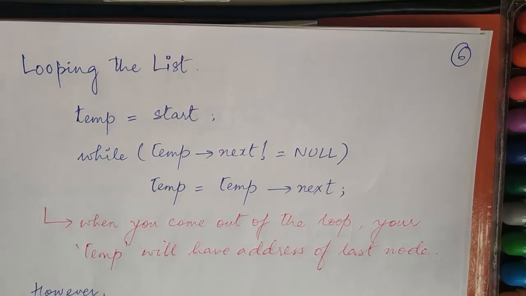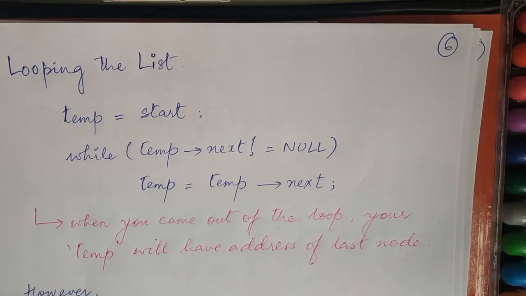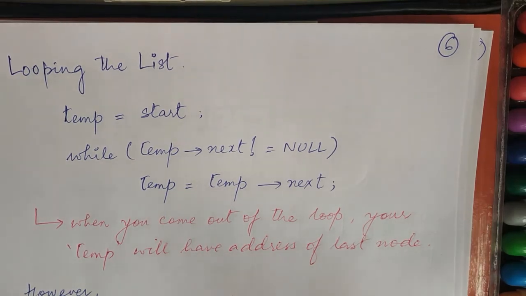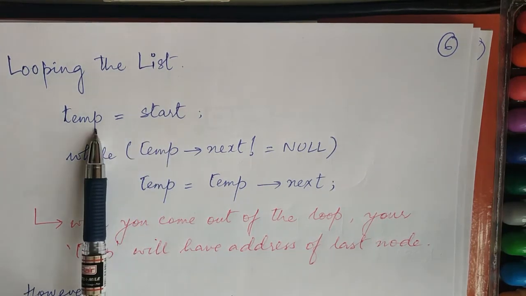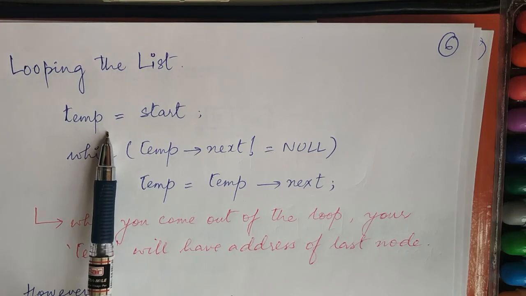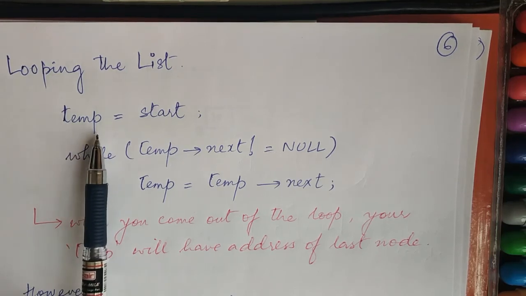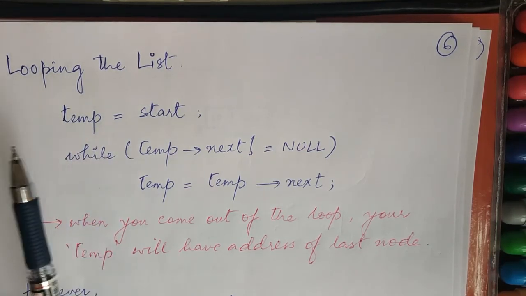So how do we do that? We know now that we have the start pointer, and to get to the end of the linked list, the condition is that the next field of the node will be null. So what we'll do is we'll copy our start pointer in a temporary variable. Okay, I'm using the same variable temp, the one that I used for new,